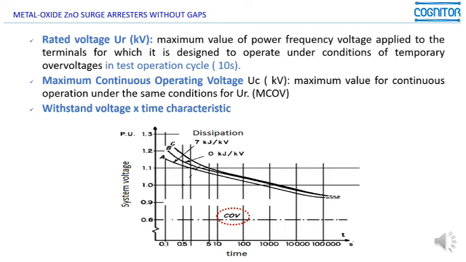At the end, we have something like a time versus voltage curve. And these characteristics should be prepared, specified in such a way that all these values that will permit the discharge of the surge arrestor will be values lower than the withstandability of the equipment which is being protected.